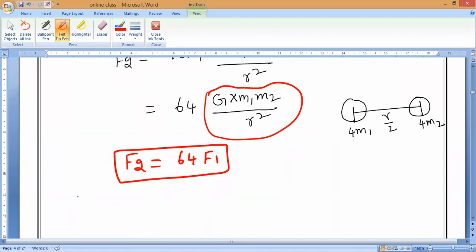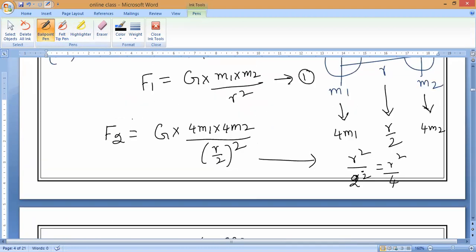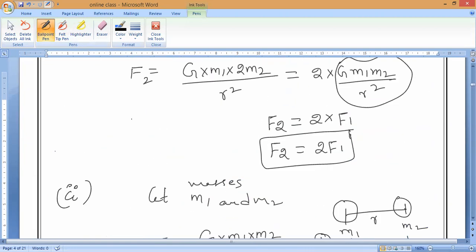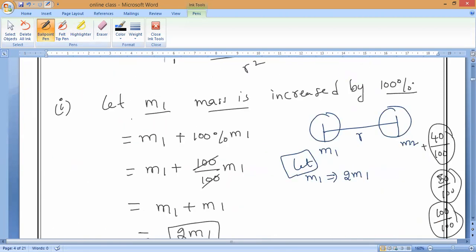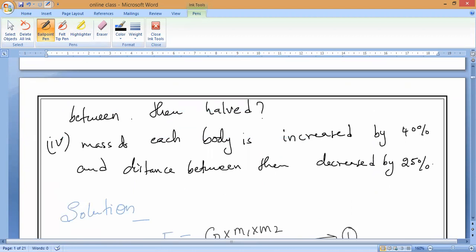Now the last question. It is a little bit complicated. If you are not understanding, once again I am saying, nowadays all the questions will come in this form. They will never give you perfect values, it is all increased, decreased and so on. So that is why I selected this question. Now the fourth subdivision, you can check it, guys.